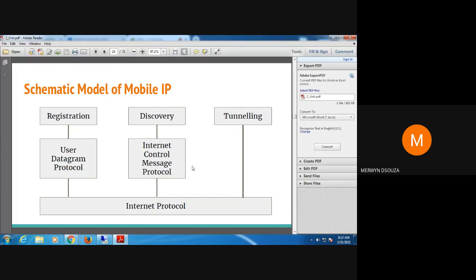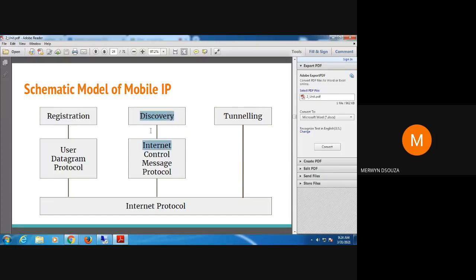You have to look at the features of these two protocols and see why most likely these protocols have been selected for this purpose. It's just homework for all of you. Search for these answers and keep them. Just remember the schematic model of mobile IP.